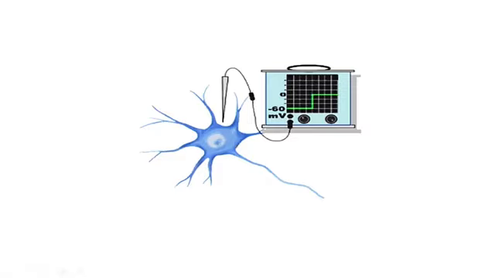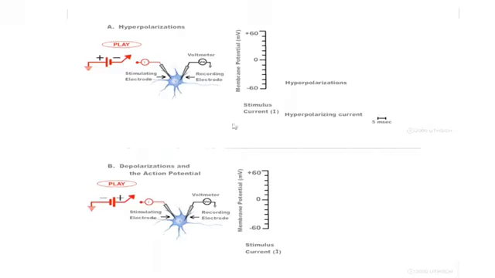What about the action potential? In order to do that, we need to move to a somewhat more complicated situation where we not only record the resting potential with this one electrode, as I showed previously, but the neuron is also penetrated with a second electrode, which for reasons that will become obvious in a moment, is going to be called the stimulating electrode. So you have the recording electrode just as we showed previously. Now there's another electrode that has impaled the cell. And this electrode is going to be connected to a suitable stimulating source like a battery.